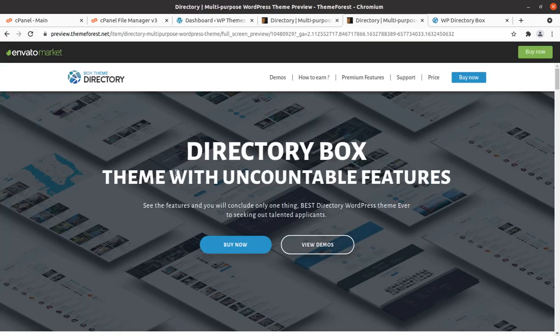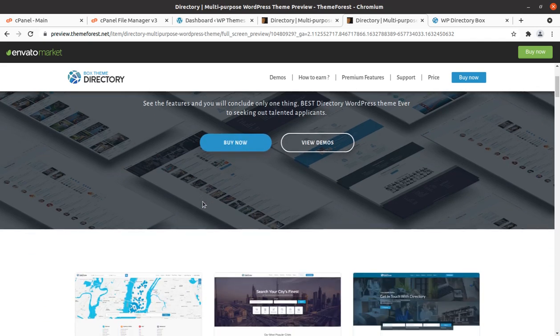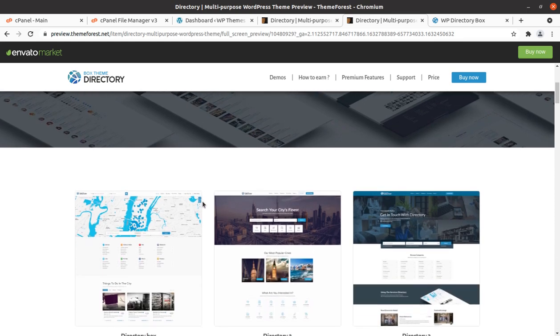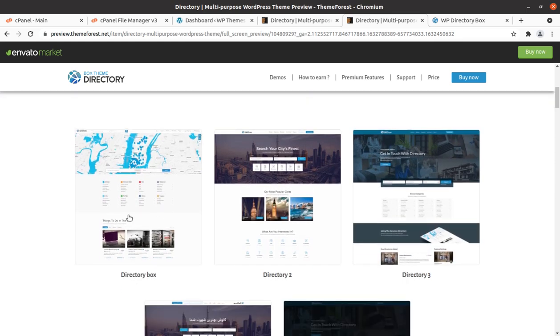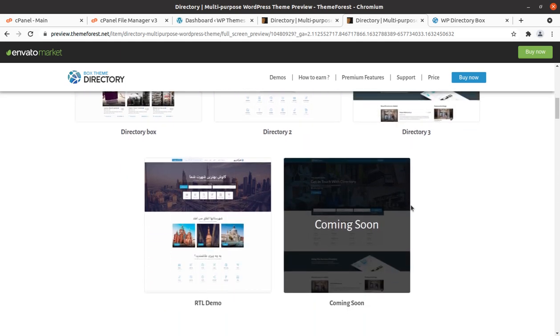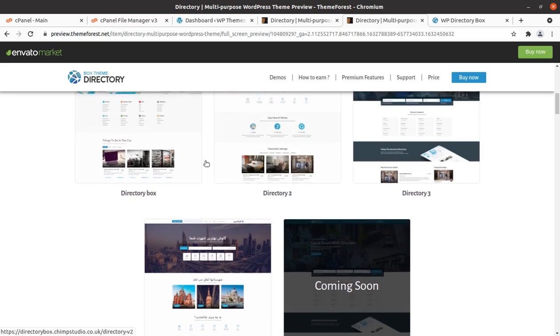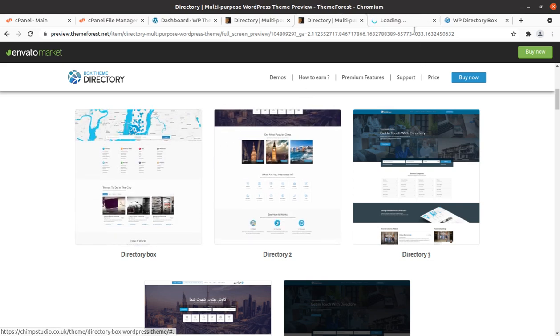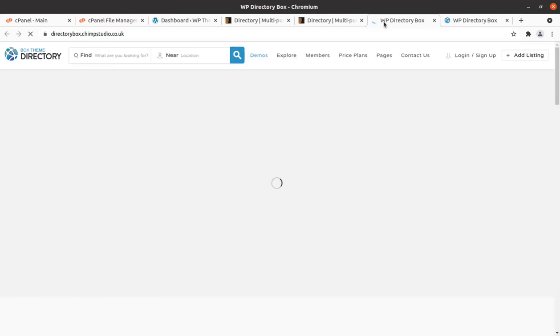And before we start our installation, let us go through some demo websites that have been made using the Directory Box WordPress theme, and these are some pre-made websites available with the Directory Box WordPress theme, and these three are available. First is Directory Box, I'll show you the demo. Second is Directory 2, and this is the Directory Box website that is using